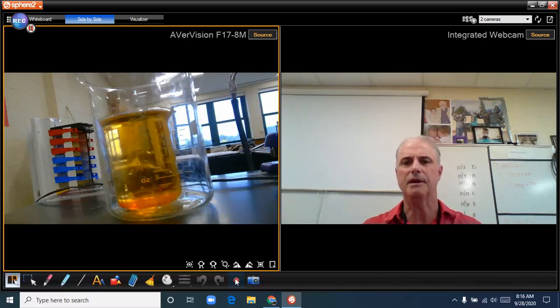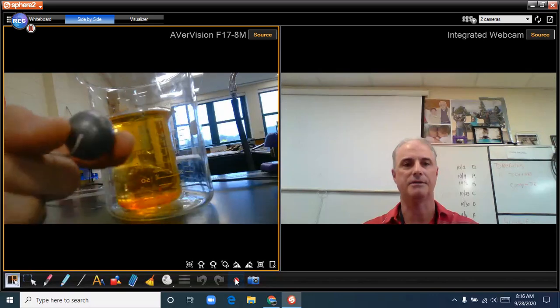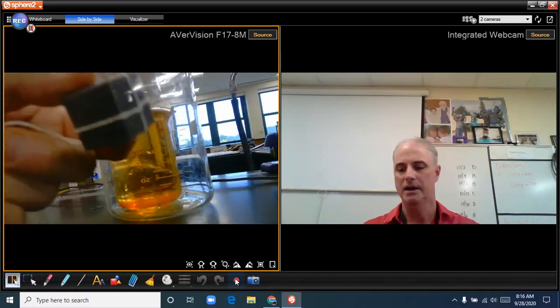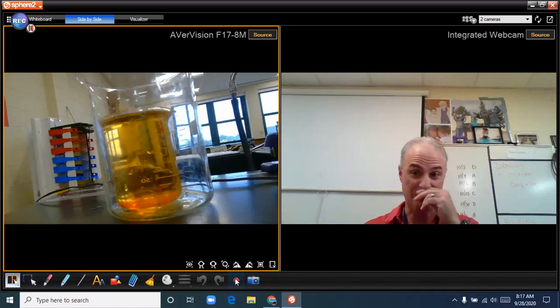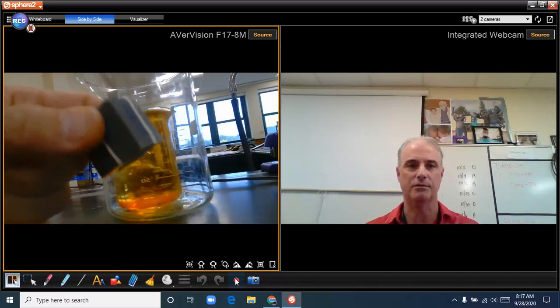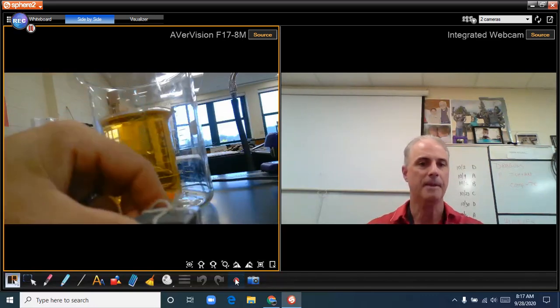There are a couple different things I want to talk about. I have a couple different objects here. I have a spherical ball, and I have a cube. There are a couple different ways that you can find volume, so I'm going to go over that first. The first way is if you have a regular shaped object like the square or cube I have here,